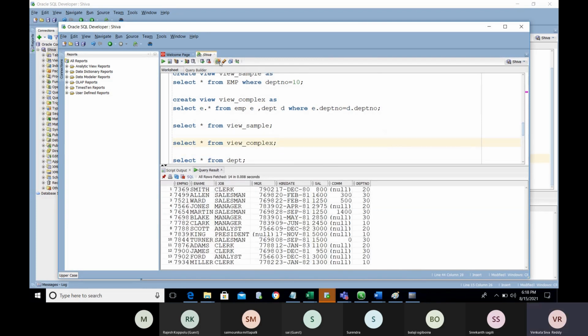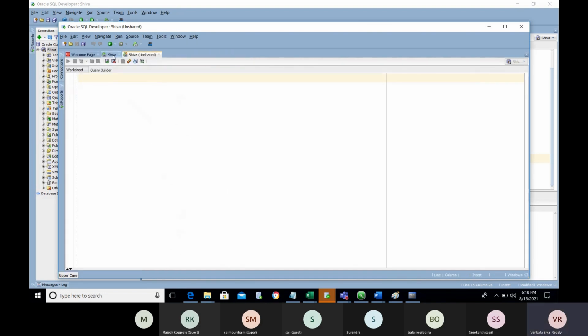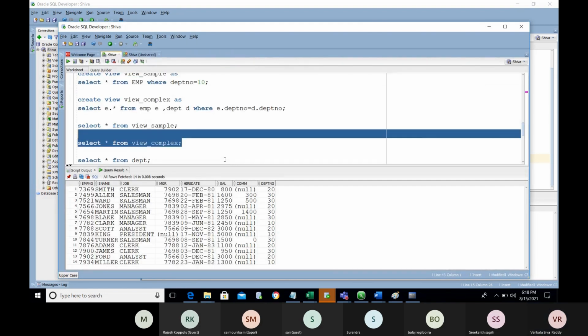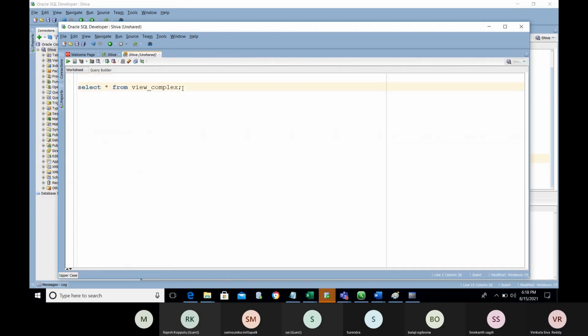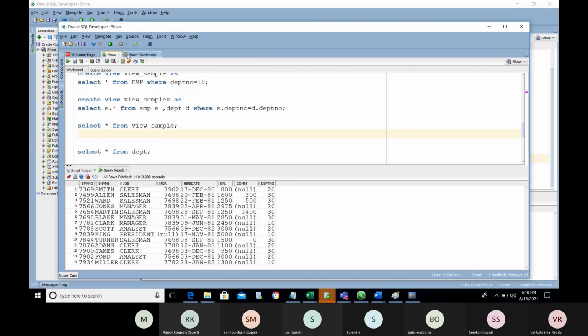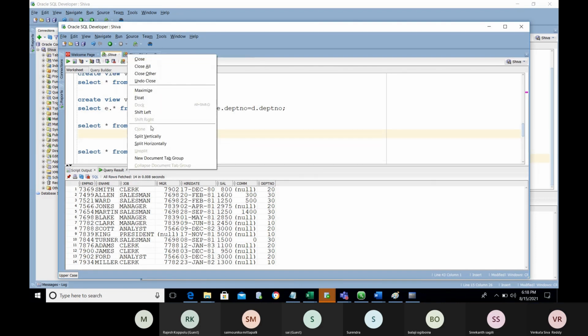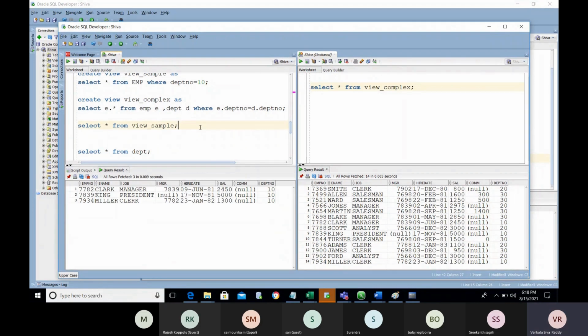So we'll create the 2 sessions and we'll observe the things. So we created the 2 views here. Now I'm going to update the information here.